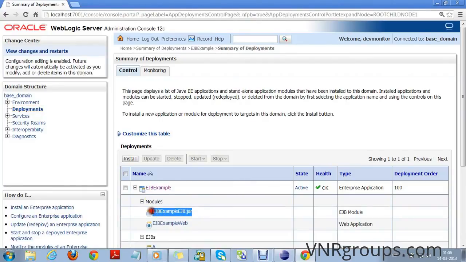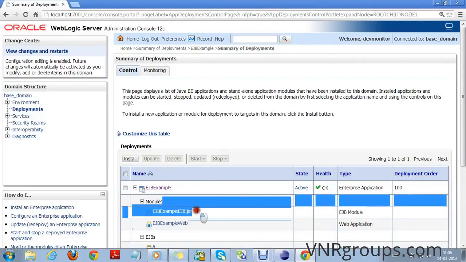One is EJB module. EJBs are packed in a jar file. Another one is web module. Web module is packed in a web archive file. Now we will make a request to the servlet present in this web module. That servlet will call the EJB present in the EJB module.